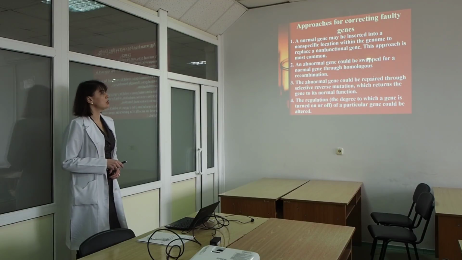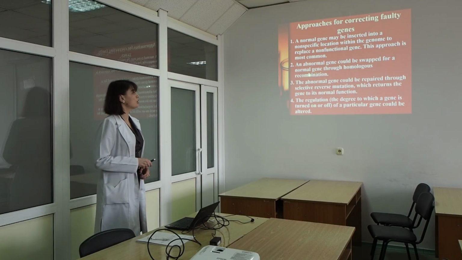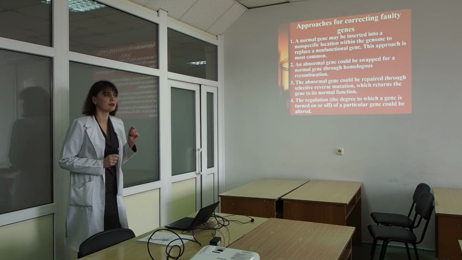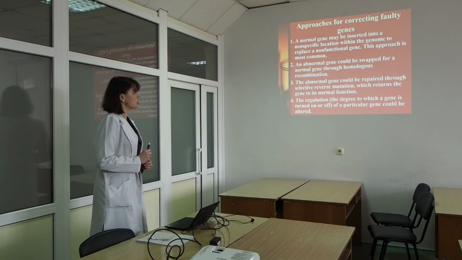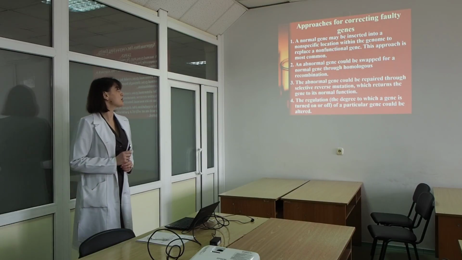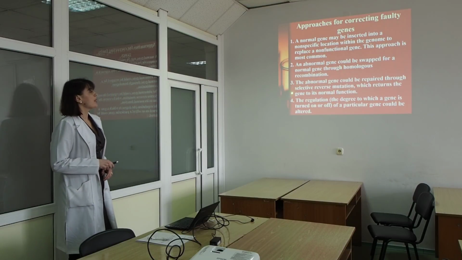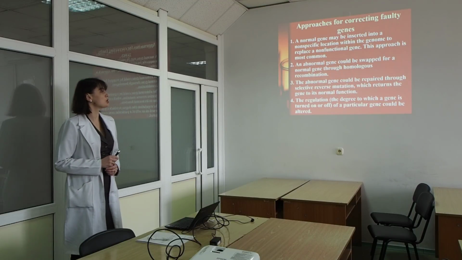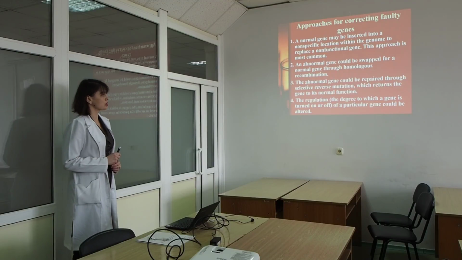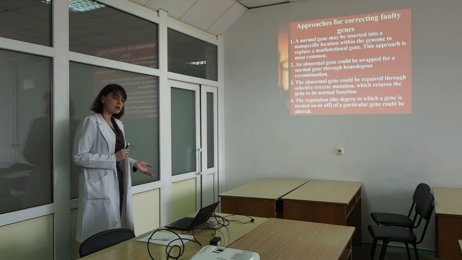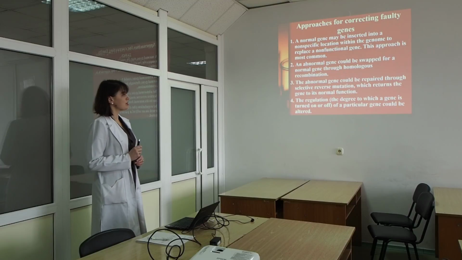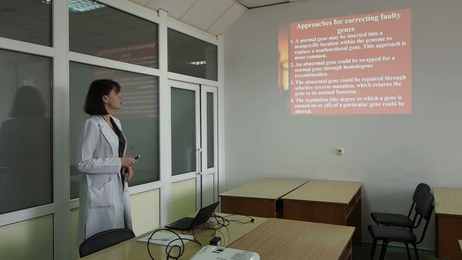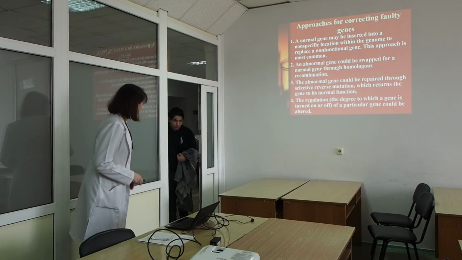An abnormal gene could be swapped for a normal gene through homologous recombination, but it should be done very precisely, and it is not very easy to perform. That's why it's not done very often. The abnormal gene could be repaired through selective reverse mutation, which returns the gene to its normal function. And it's also a very tiny, very specific technique, so that's why it is done only in some specific cases. And the fourth,